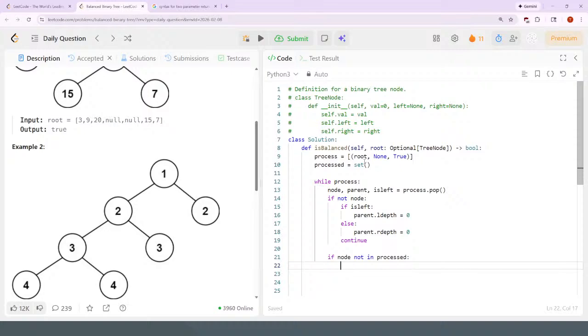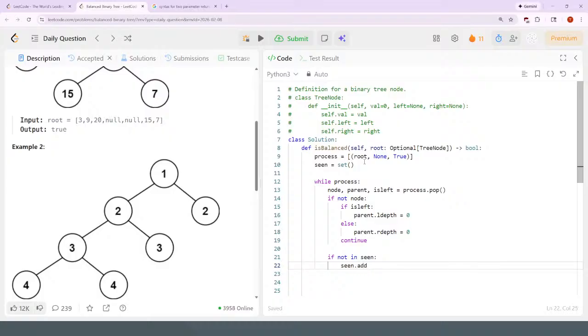Maybe I should just call it scene. The first time it sees a node, it needs to add its children to the process stack, and after that it needs to just not do this. So if not in scene,